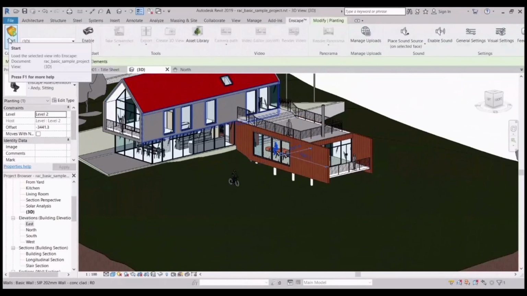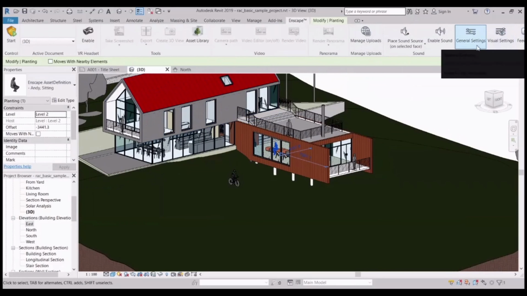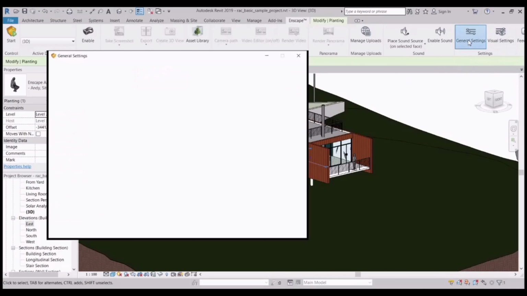So that will switch you to Enscape. Before that, you can go to general settings and visual settings, and set all the settings you require. So let's go to general settings.